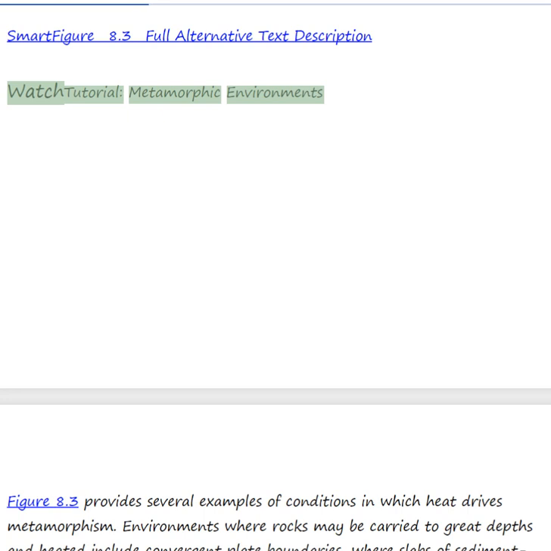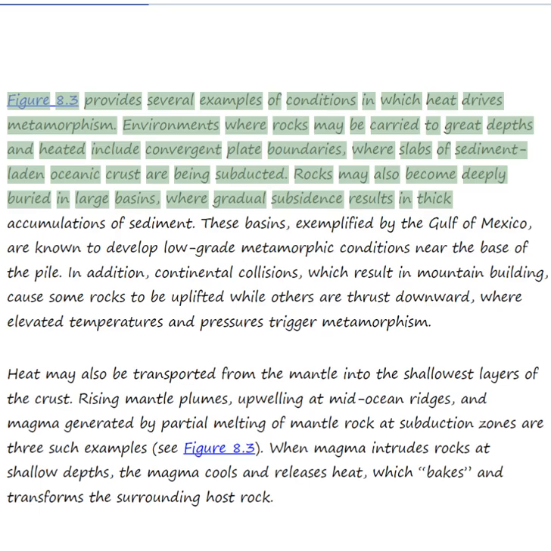Watch tutorial, Metamorphic environments. Figure 8.3 provides several examples of conditions in which heat drives metamorphism. Environments where rocks may be carried to great depths and heated include convergent plate boundaries, where slabs of sediment-laden oceanic crust are being subducted. Rocks may also become deeply buried in large basins, where gradual subsidence results in thick